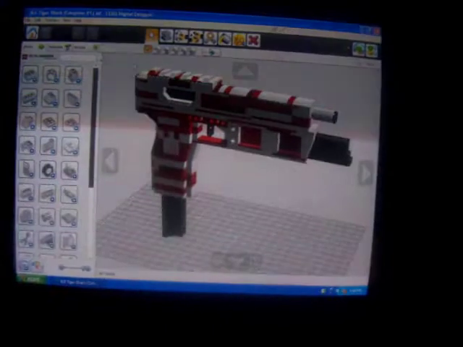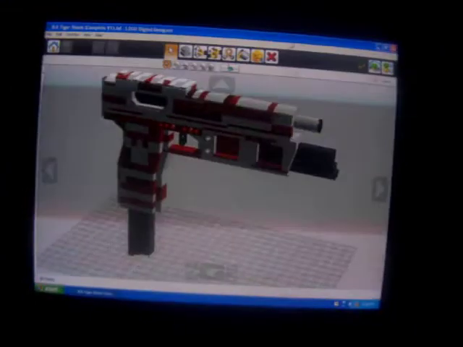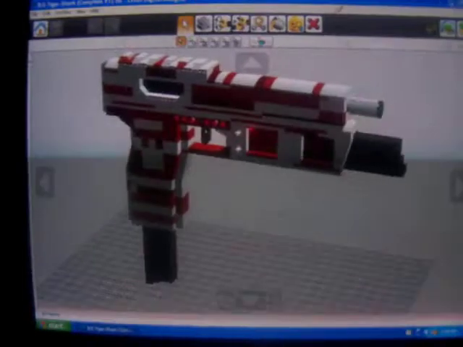So this is the model. I'm gonna zoom out a little bit. Get this image in your head. Now look at the thumbnail. Do you see the difference? There's not much of one because I've worked off the thumbnail. The only difference is that this line means that this lower receiver up here is over top of the upper receiver, but I couldn't do that in Legos the way I wanted it to,